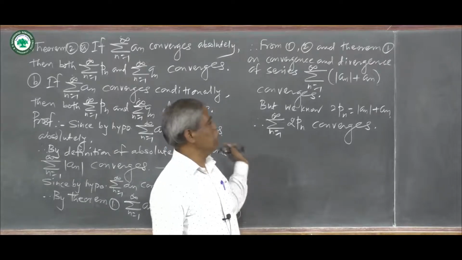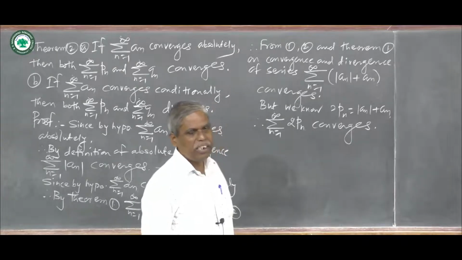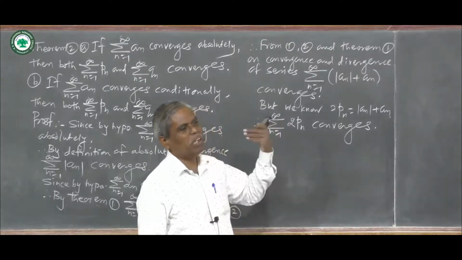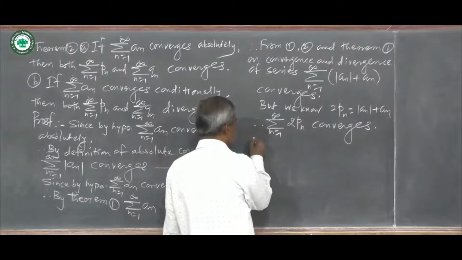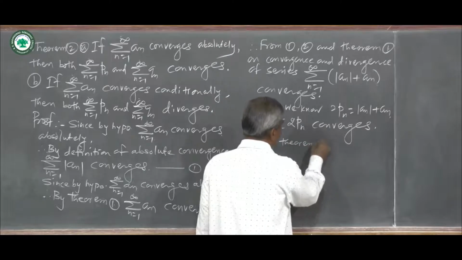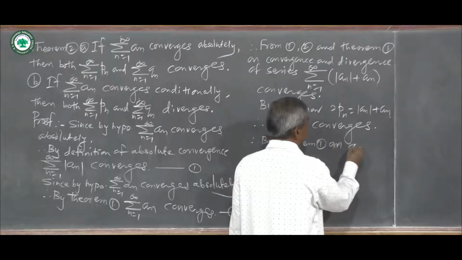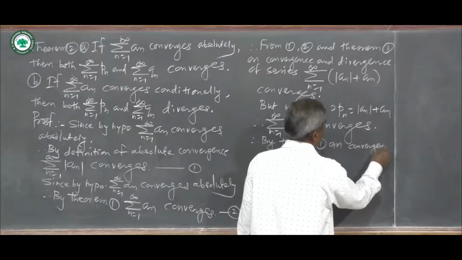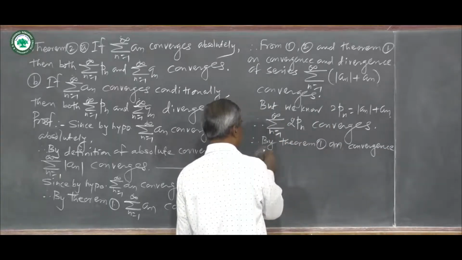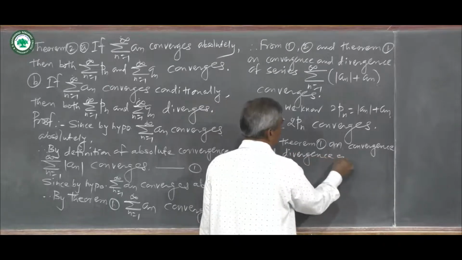sigma c times 2Pn converges for all c belongs to R. Taking c is equal to 1/2, again we write sigma Pn converges. Therefore, by theorem 1 on convergence and divergence of series,